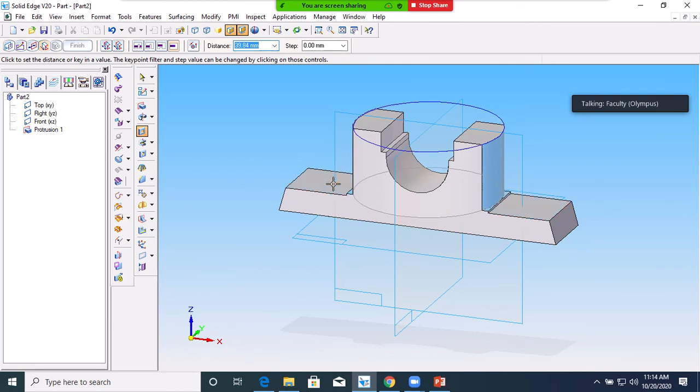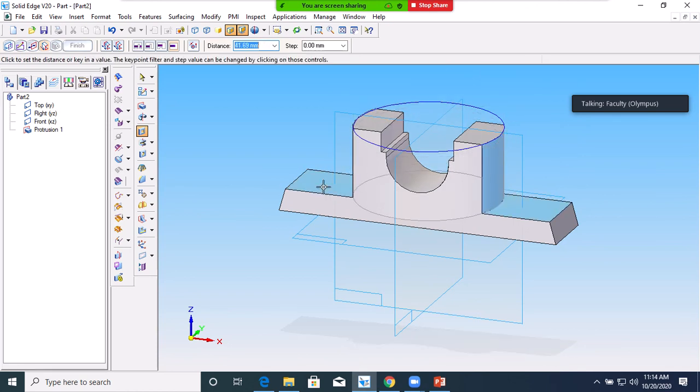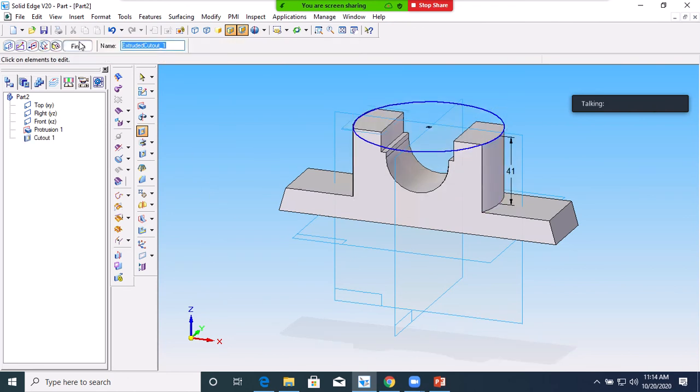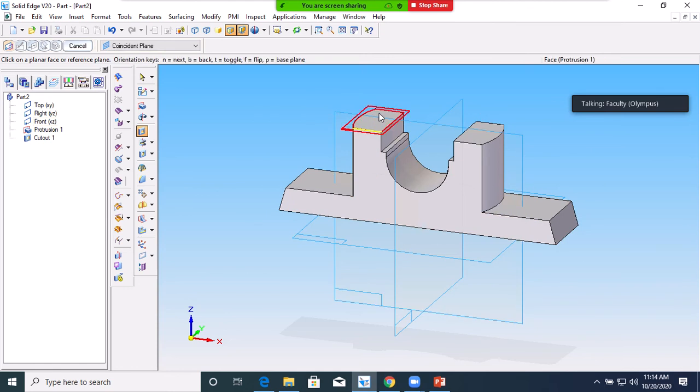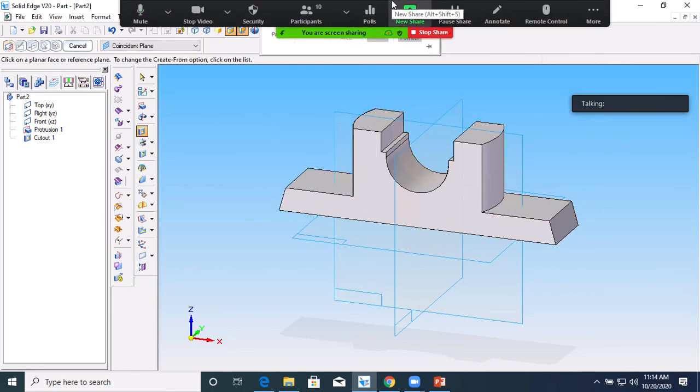Up to this portion you have to give. Total will be through, or you can give the dimension. Total will be 55, right? 55 minus 14, how much? 55 minus 14, 41. So give a distance of 41. I want up to this surface. Total length is 55 and this length will be 14, so 55 minus 14 will be 41. Now we will get a curved surface on either end. Is it clear? Yes, sir.